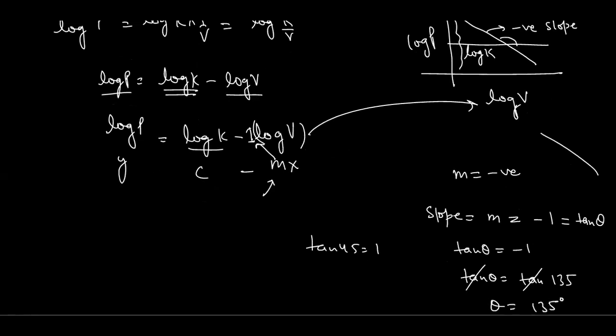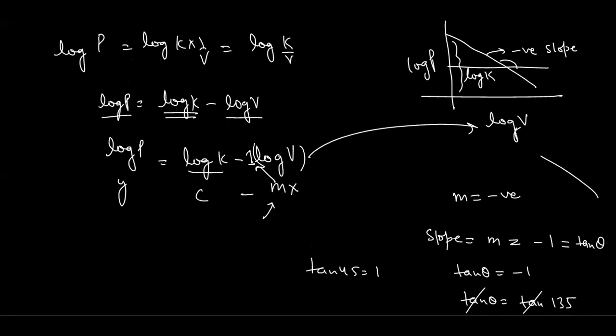Whenever we draw the slope of this line, it must not be like this. You cannot say that it will be like this way, because we need to measure the angle this way. If we measure the angle between the line and a line parallel to the x-axis, it will have exactly a 135 degree angle at every point. So the value of this one should be 135 degrees. Did you understand this one, the Boyle's law? Yes. Okay, so this is also about Boyle's law.